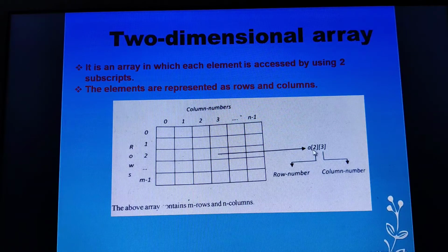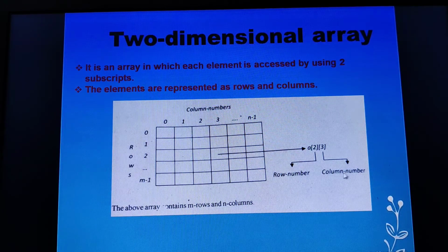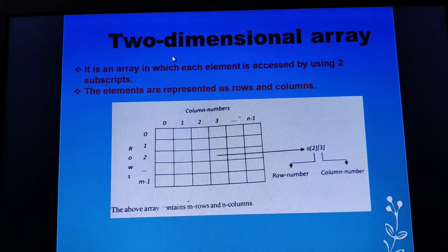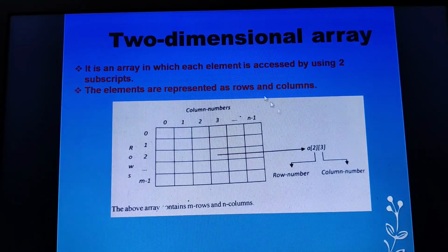I have an array known as A, which we access using 2 subscripts, wherein the first subscript always represents the row number and the second subscript always represents the column number. Therefore, the definition of a two-dimensional array is an array in which the element is accessed by 2 subscripts, where the first subscript represents its rows and the second represents the columns.